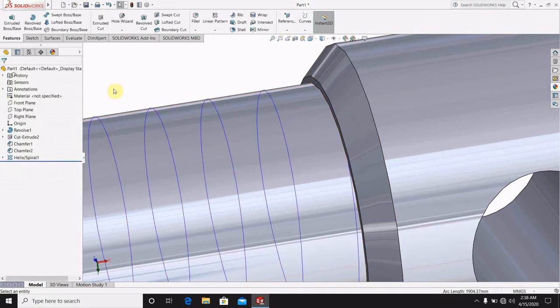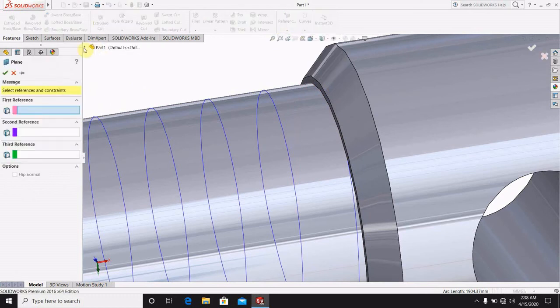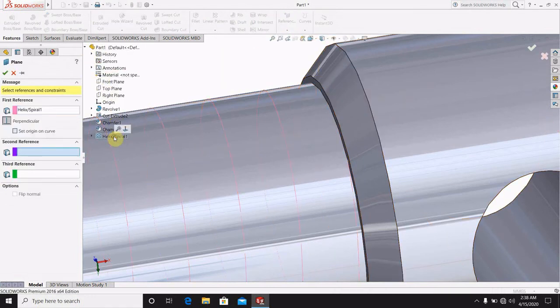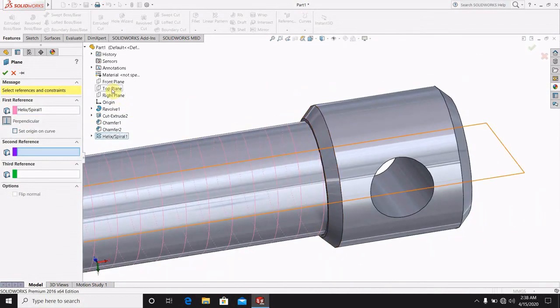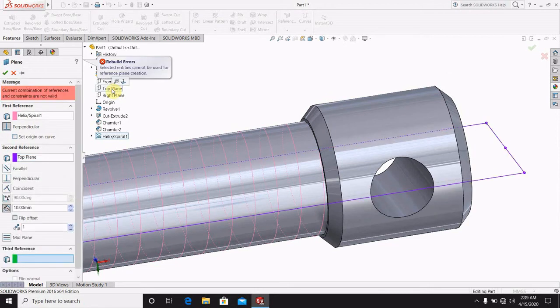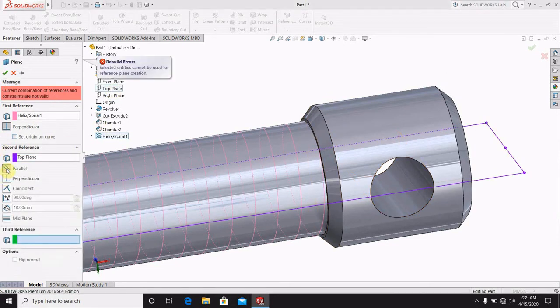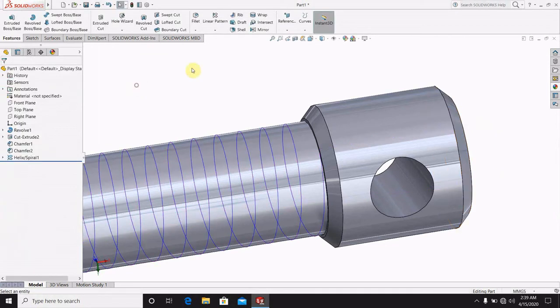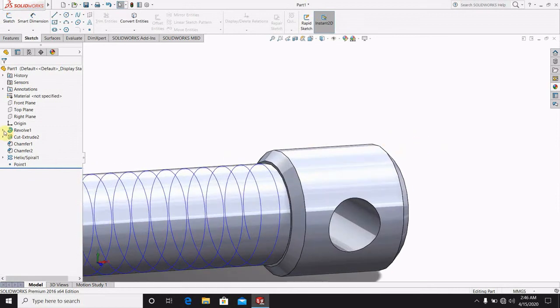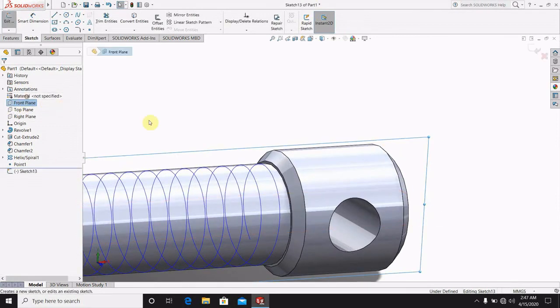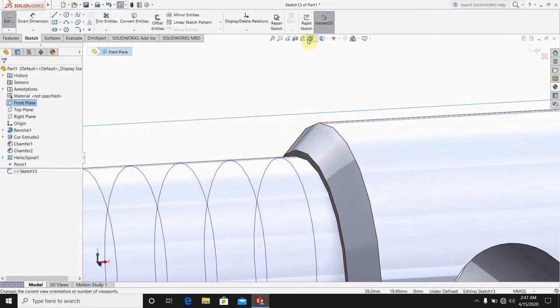Oh my god, just select plane and this helix, and this should be top plane, parallel, perpendicular. Just select the front plane, go for the sketch and make it perpendicular,